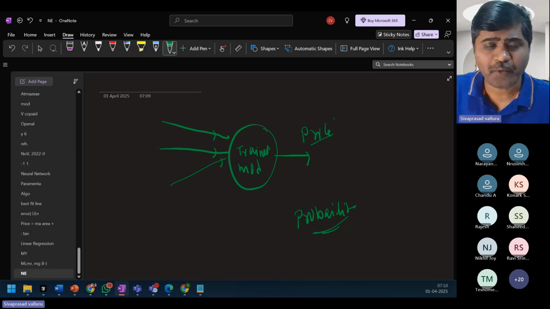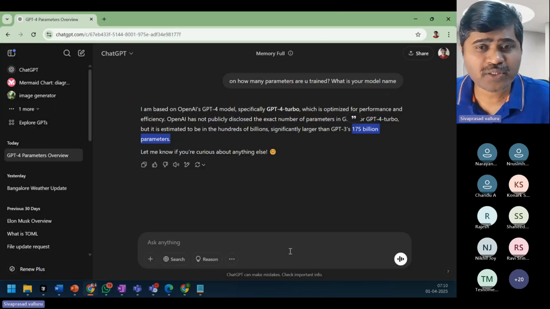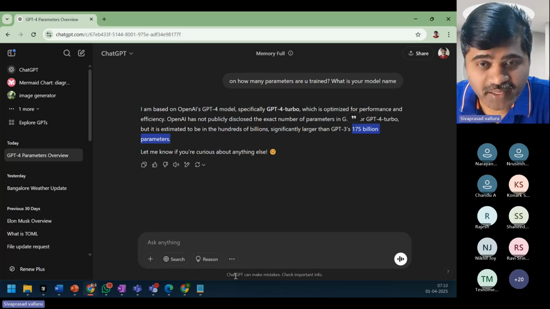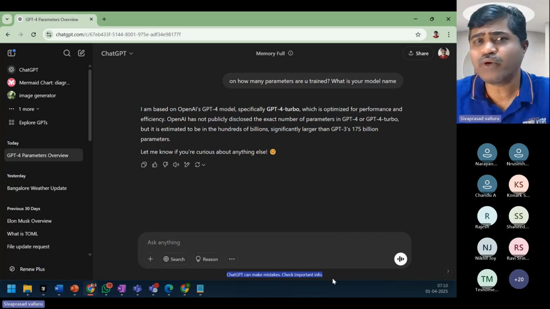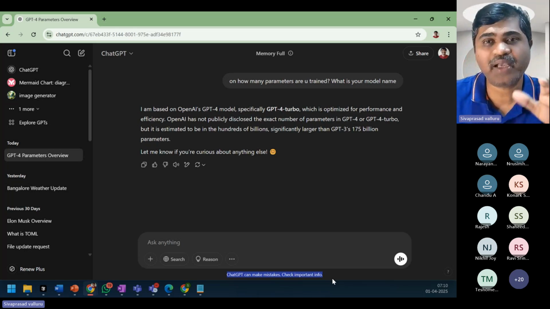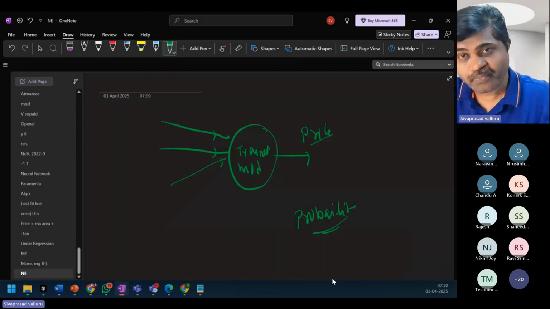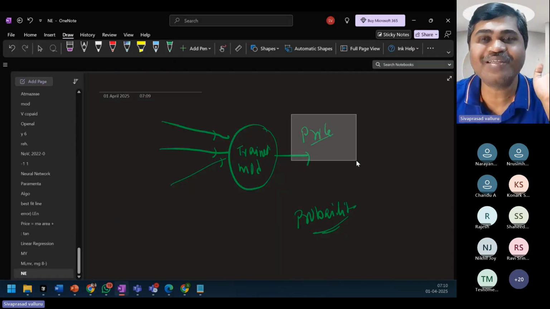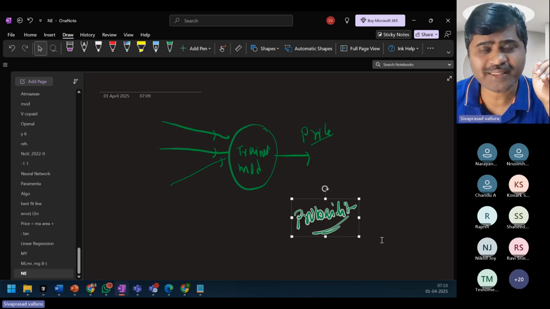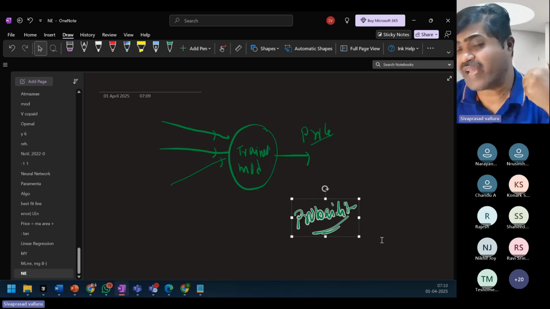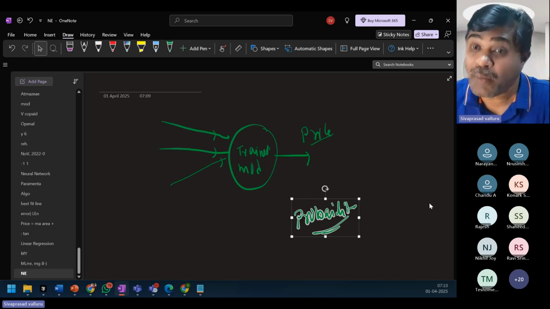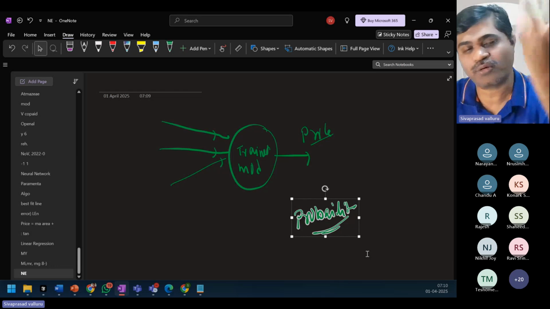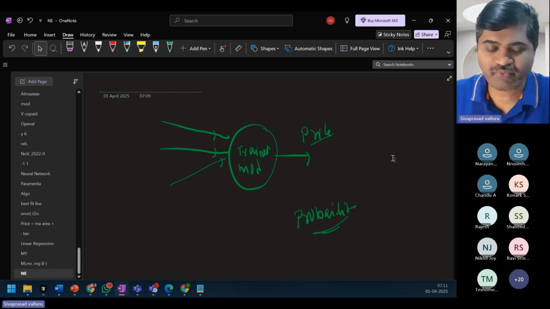So remember, models will only predict. Let me go to GPT. Here I'm in ChatGPT. Here there's a warning: ChatGPT can make mistakes, because this GPT also will do predictions. It will try to give a predicted answer, but it might be wrong. So remember that models will always do predictions based on probabilities. They might be wrong as well, but most of the time, if your training is good, if you're trained on good data, the probability of that answer being correct will be more. So that's about the basics of linear regression.